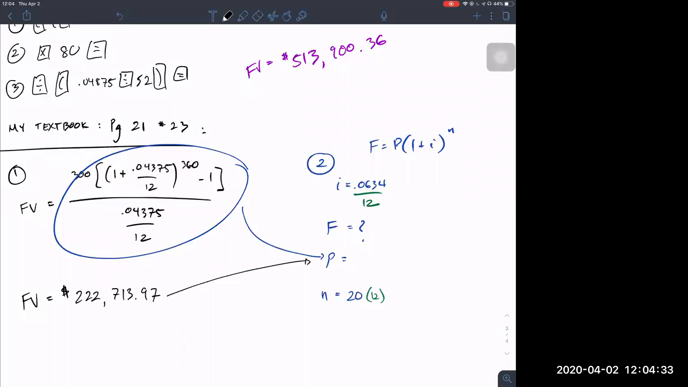So if you ever have a problem that transitions from one to another, it doesn't make sense to go from one annuity to another annuity because